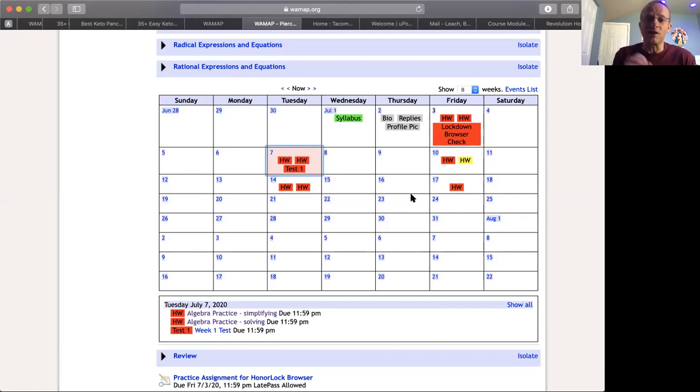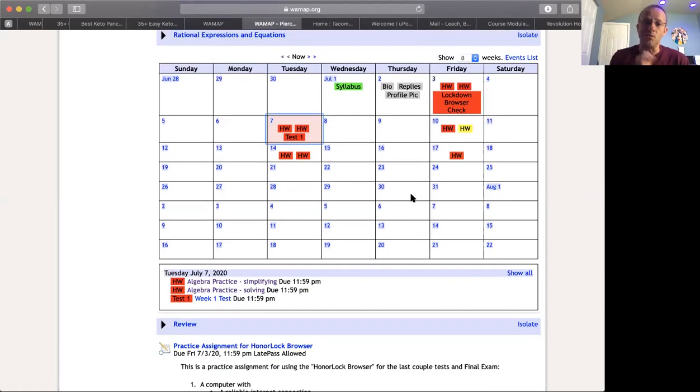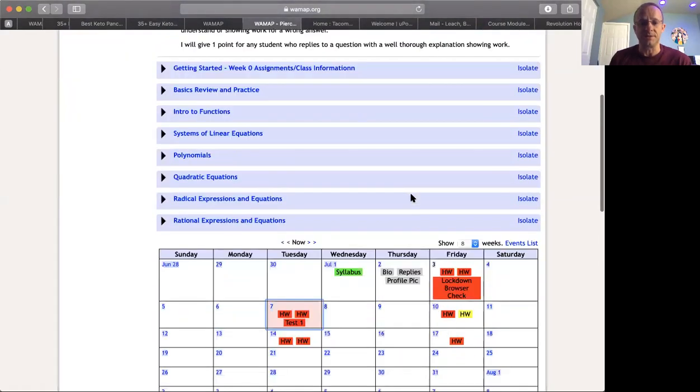And I can look and see if you're having problems. The first thing I do is I look and see, all right, what are their habits? What are they doing? What are their practices? And I can go through and look at, all right, what days are they logging in? What are they clicking on? How long are they on? I can look at your clicking history within WAMAP and kind of see those things. I don't want you to feel like Big Brother's watching you, but